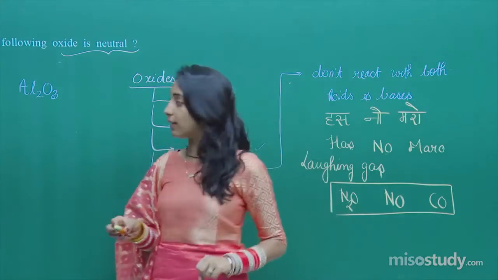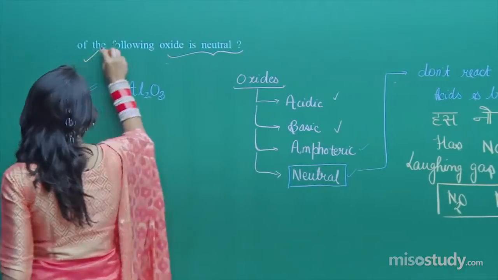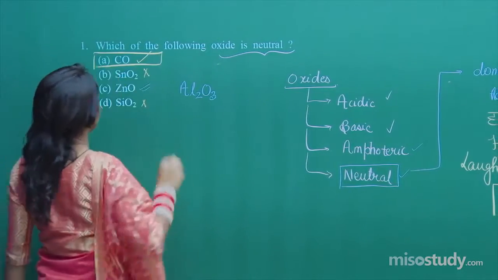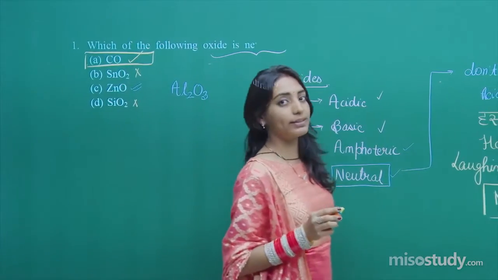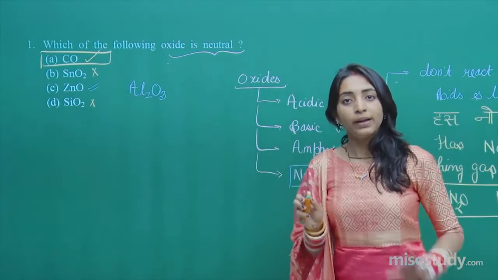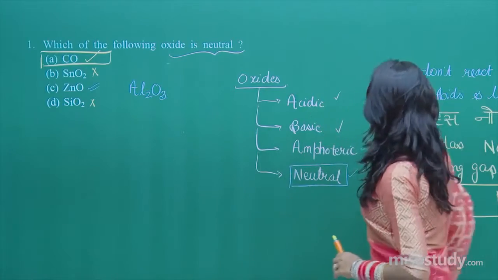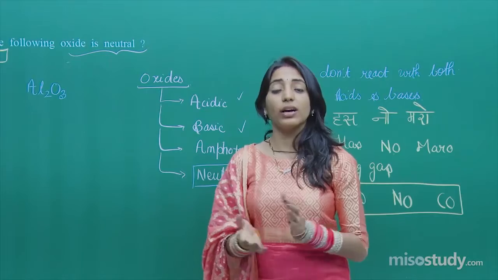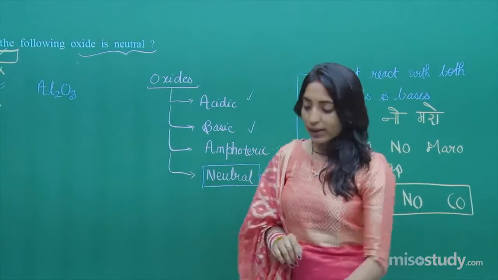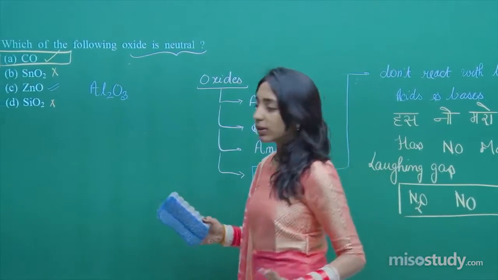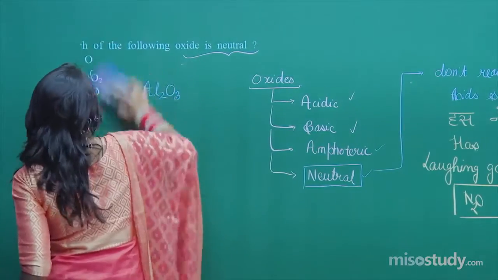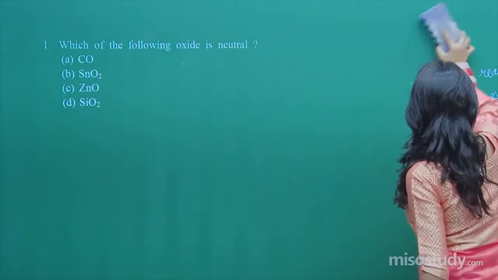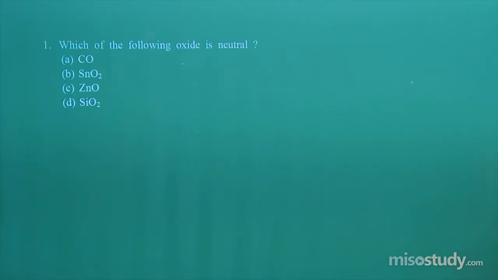So now let's pick up the answer. Carbon monoxide is yes the option, not SnO2, not SiO2. So the correct answer for our first question is the first option itself, which is option A. Do remember these 3 names, N2O, NO and CO. These are the ones which are neutral oxides. So question number 1 is done, and I think everyone is okay with this question. So note it down, and now let me show you on the screen the next question, which is question number 2.